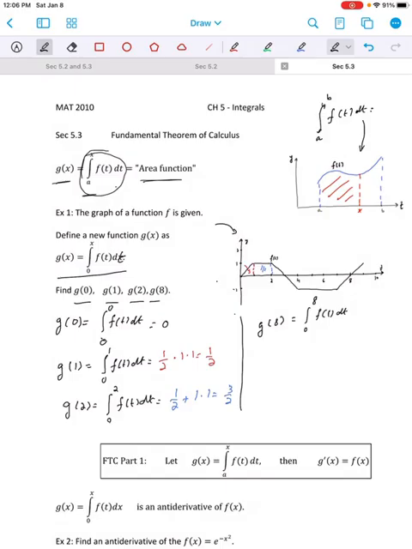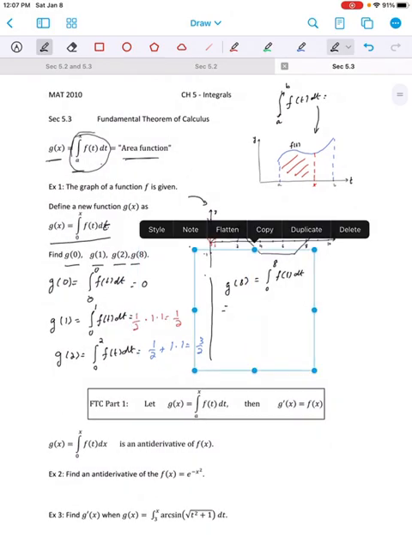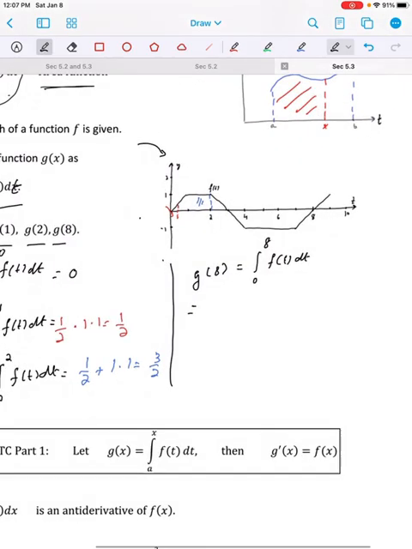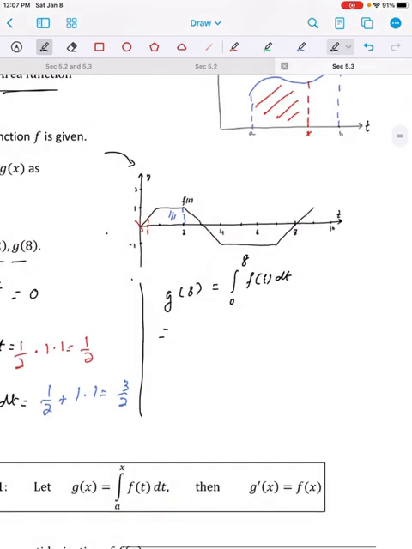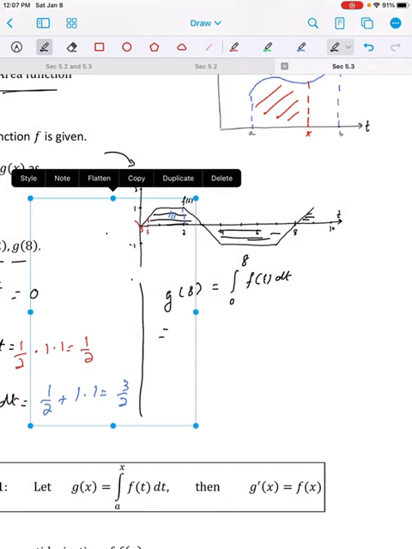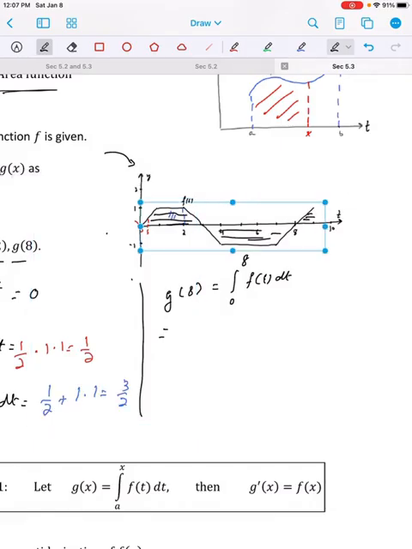So this will be equal to the area of this trapezoid over here on the top. So this area minus that area and then plus this area. We already know up to 0 to 2 is 3 halves, and now we just need to add the area of this little triangle there, which is again going to be 1 half. So we have 3 halves plus 1 half minus the area of the